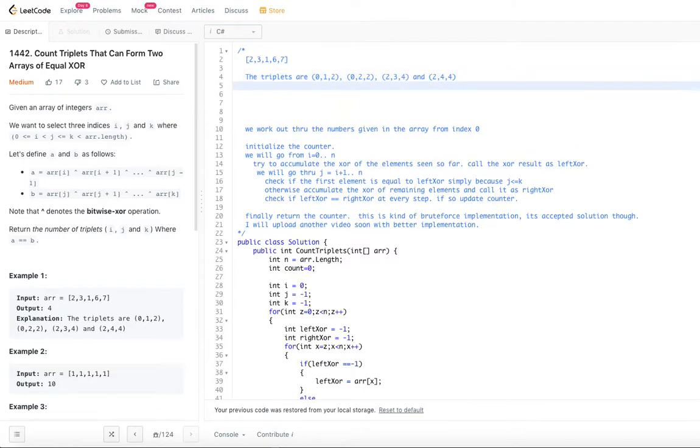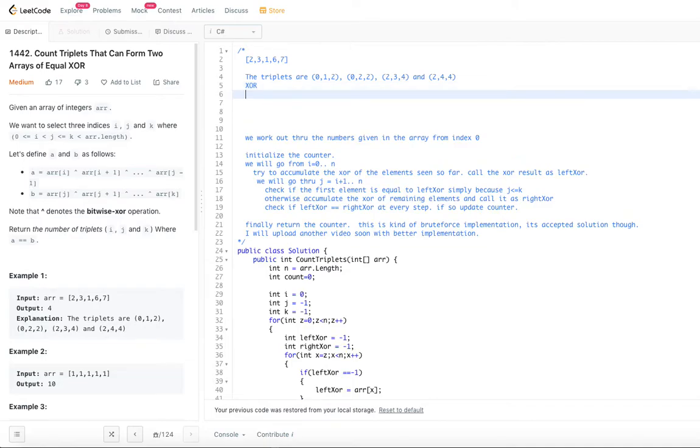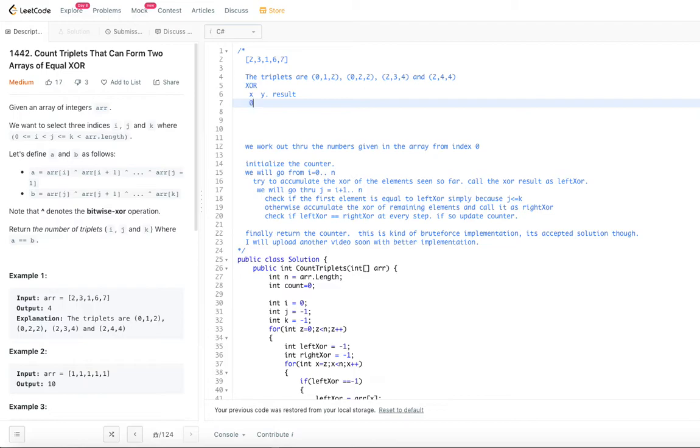I would like to present the XOR table, right? There are two things, let's say X and Y, and the result. If X is equal to 0 and Y is equal to 0, the result is also 0.